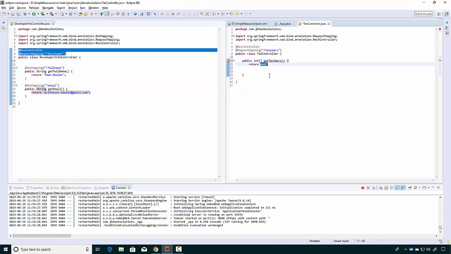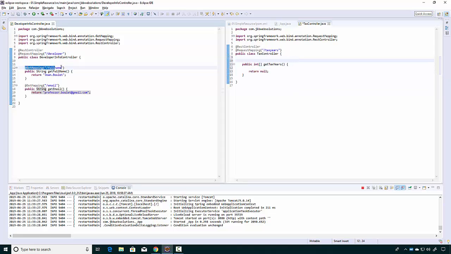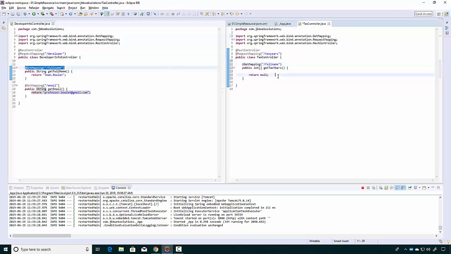Let's do a return statement. It's going to return null for now. And here I'll do a get mapping. That get mapping will have years there. Okay. In fact, change that to years. And let's do an int array, int years. Okay, and we will do